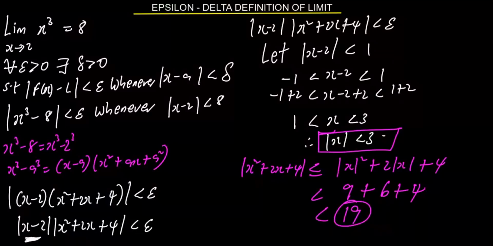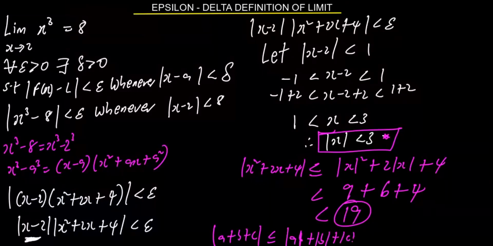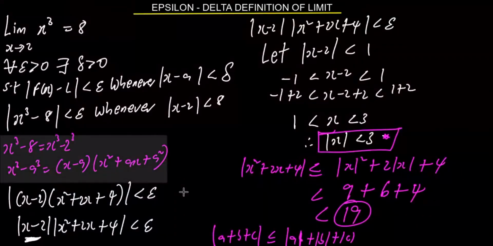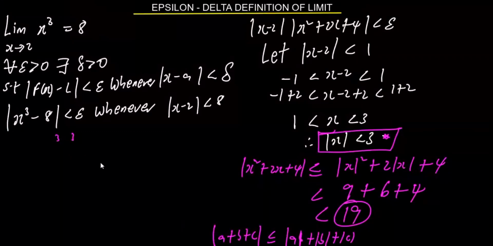I hope you are getting what I'm doing. From here, I got this one. Then I now try to express, just like we have absolute value of a plus b plus c is less than or equal to absolute value of a plus absolute value of b plus absolute value of c. Please take note of that point. So we have this already. Okay. So it means that from here, where I have